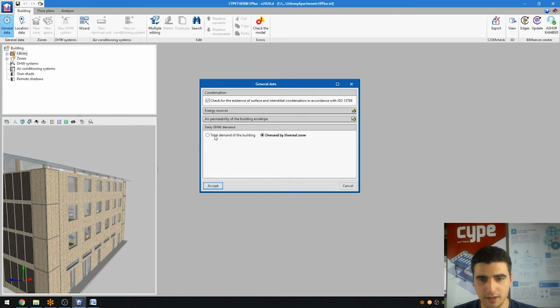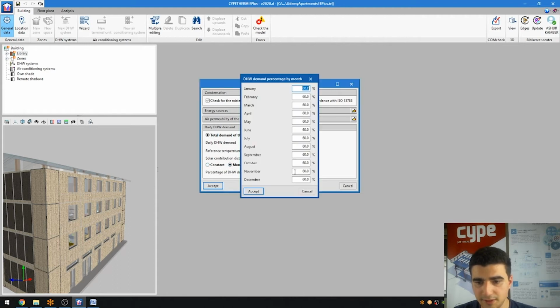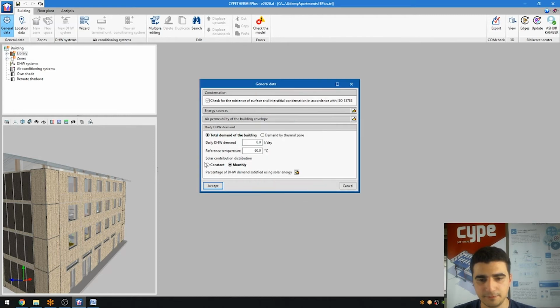DHW demand. So either having that as the total demand of the building or doing it as the thermal zone. I'm leaving it as the thermal zone, but again, you also have the option to input your own preferences if you had a total demand that you needed. Of course, we can do that monthly and we can do that constant. By monthly, we get an option to go into particular months and amend the demand percentage if we want a more specific